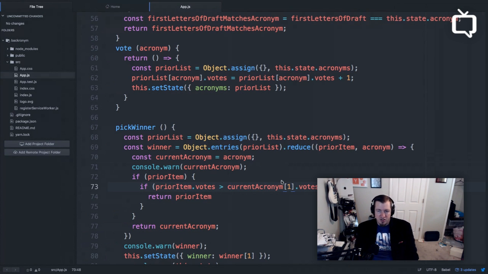So if you're reducing over a thing that only has one item, the item automatically populates here. So we're going to check if prior item